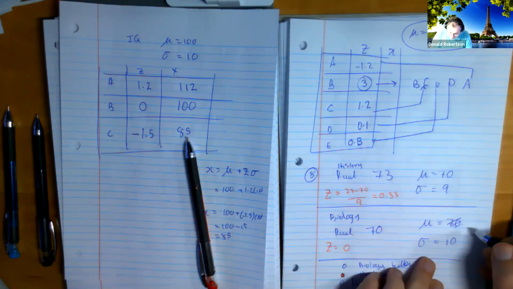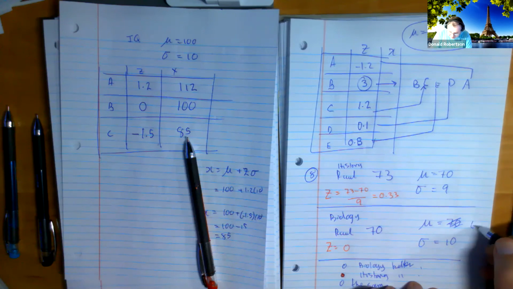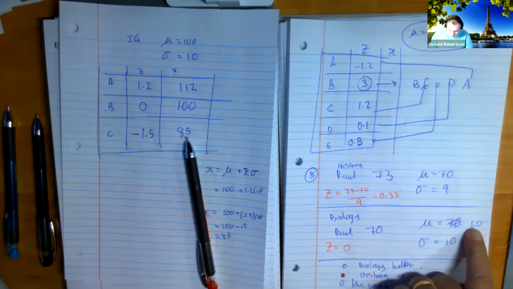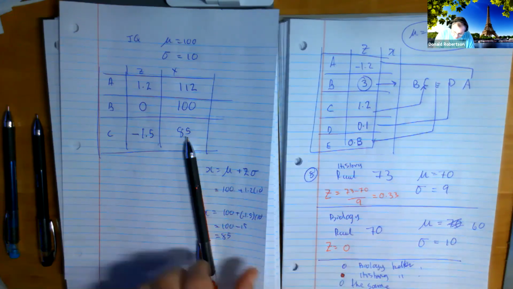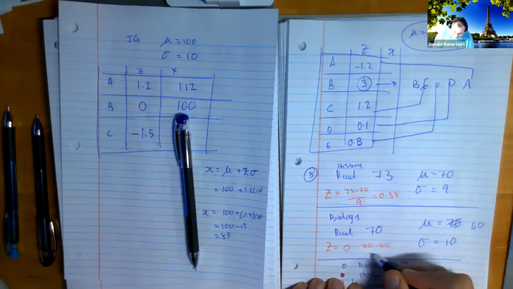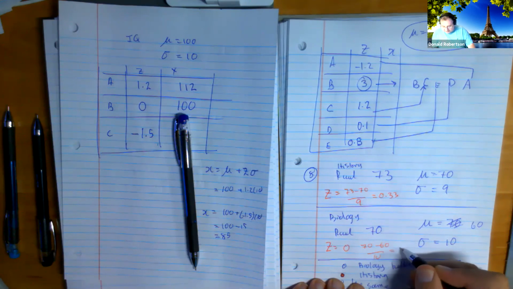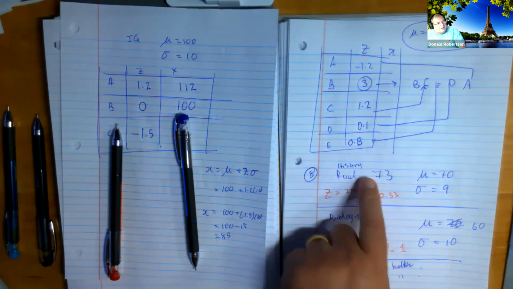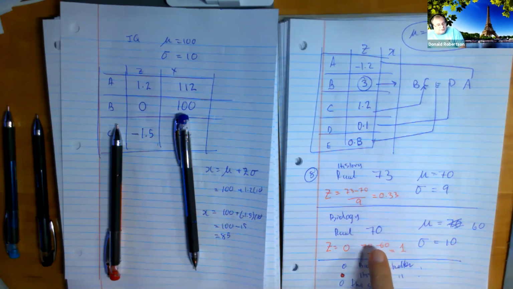But I'm going to change the mean now to 60. Right, that's the only difference. He still got 70, but the class average was really 60. What does his Z-score look like now? Well, 70 take away 60 over 10, and that's a Z-score of 1. So isn't it harder to get 70 in this biology test than it was to get 73 in that history test? And you see in that news story, wouldn't biology be his better grade?